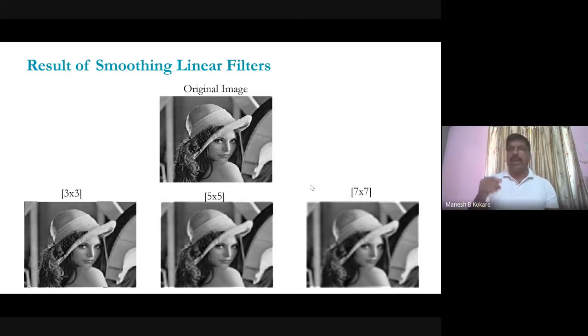blurred. Now the main disadvantage of this simple linear filtering, or averaging or smoothing filtering, is that it will remove the noise, but at the same time edges get blurred. See that edges are blurred in this one. As you go on increasing the size of the filter mask, the edges also get blurred. Now our main aim is to remove the noise, but at the same time our edges should be preserved. But this is not happening in the case of simple linear filtering.